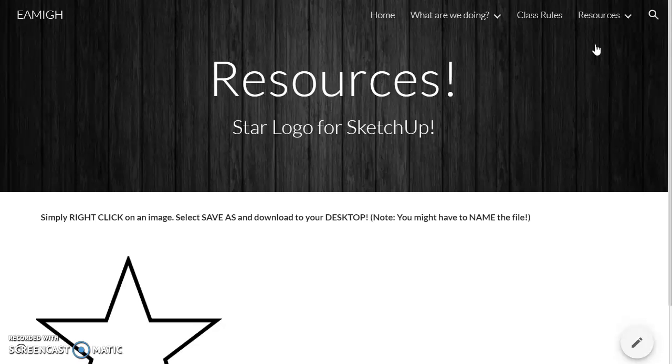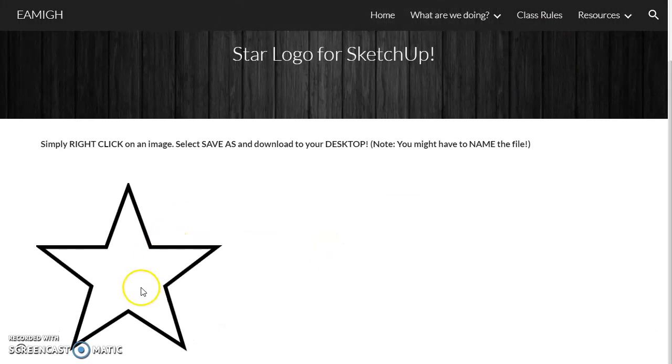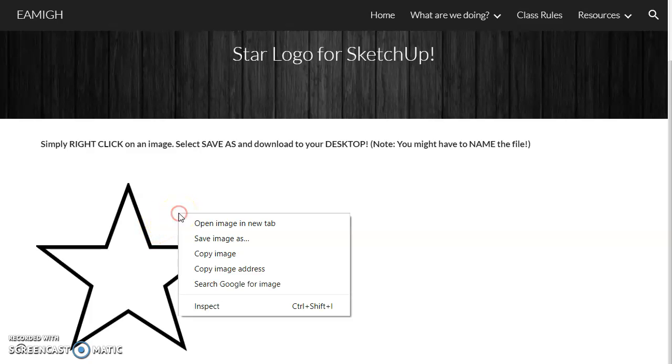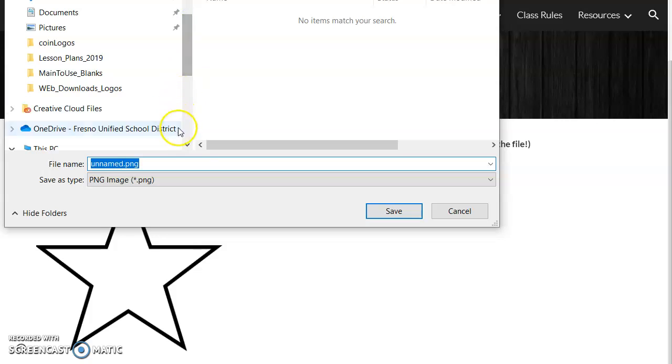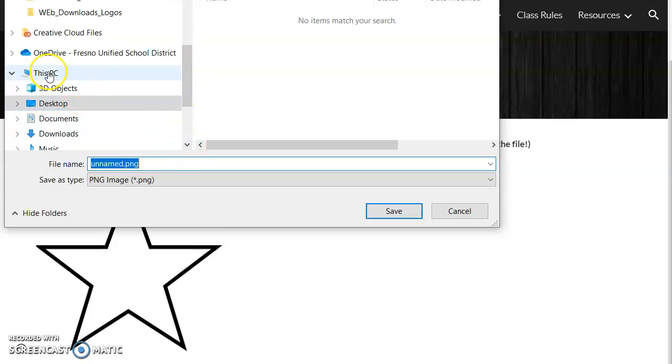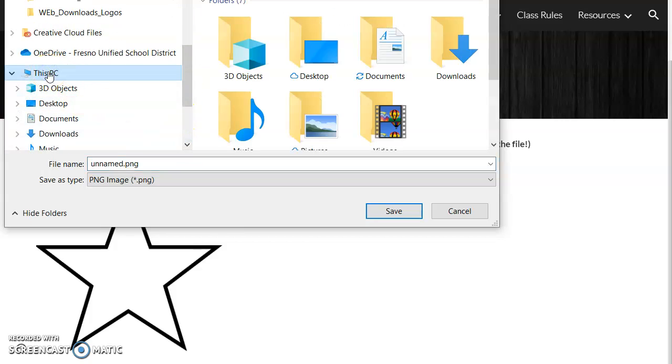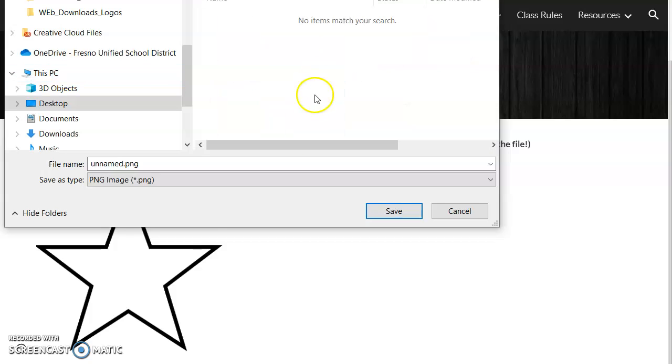Once there, you need to scroll down and you'll see a star. I need you to right click the star and do Save Image As. We're going to save this. All right. We want to save this to our desktop. Okay, if desktop does not pop up, you'll see this PC, double click this PC, and then double click desktop,